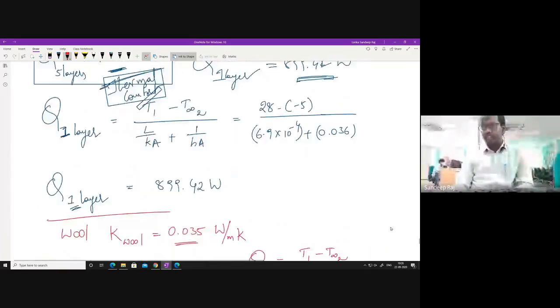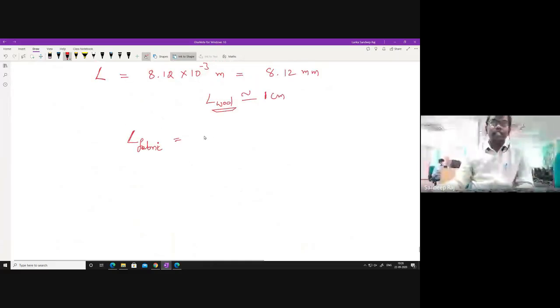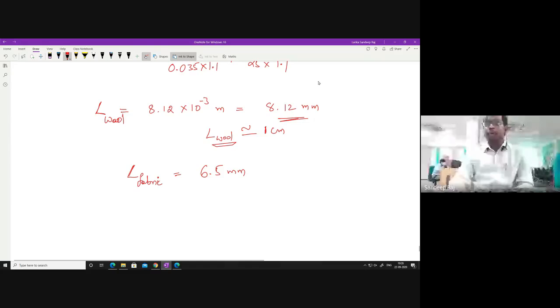Okay, if you have to use this synthetic fabric, you'll be using 6.5 mm. And if you have to use wool, it is 8.12 mm. And you imagine which one will be more comfortable. Okay, this one will be more comfortable because it is providing the same thermal comfort with lesser thickness, and even the weight